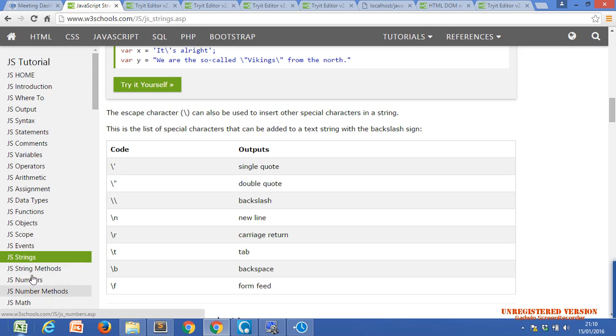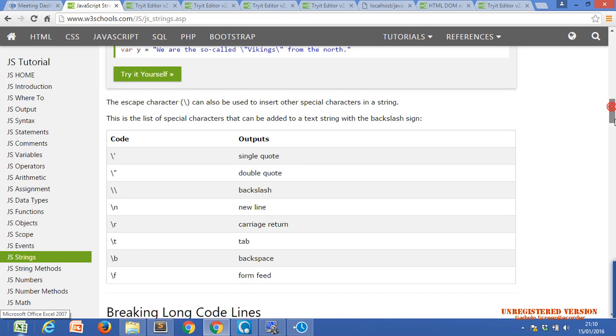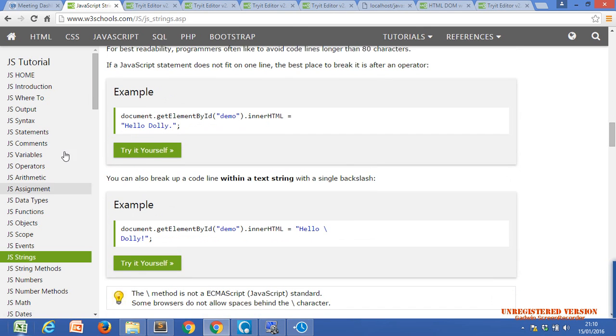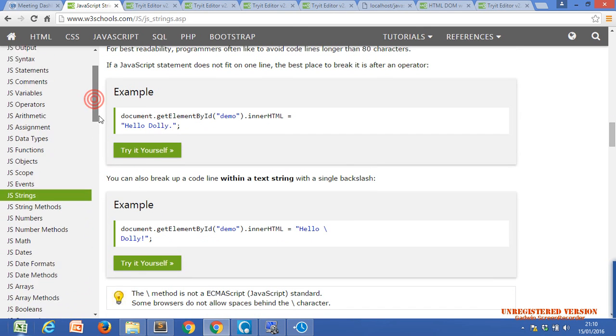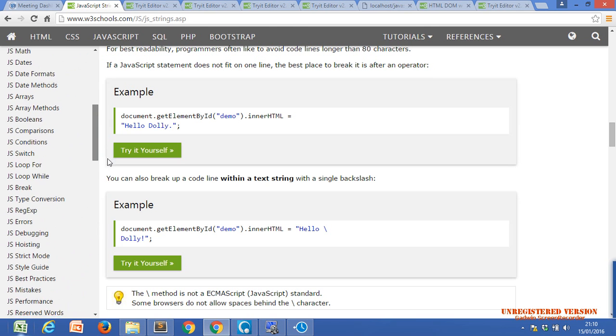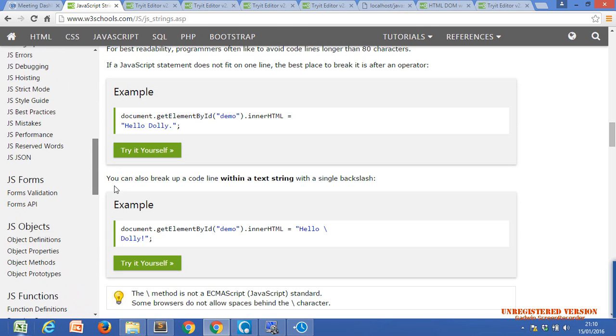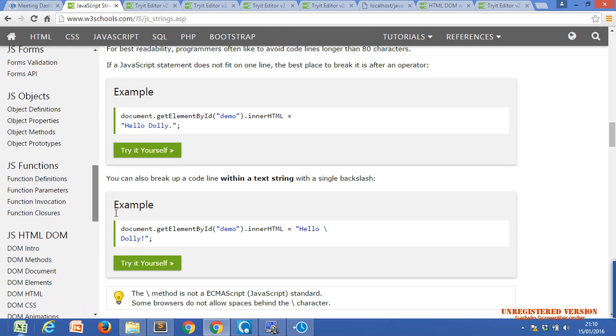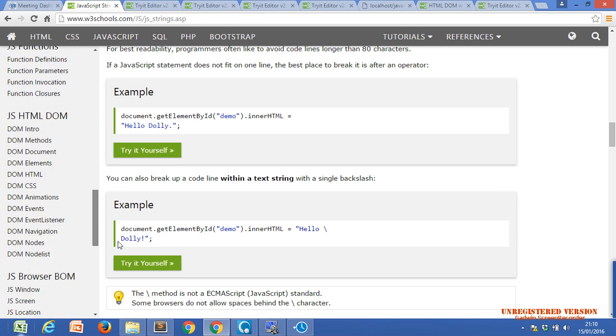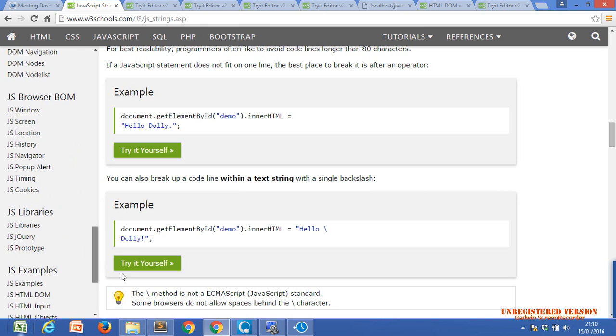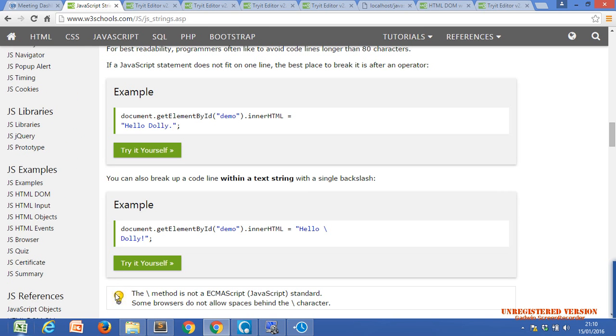We will discuss some string methods and numbers, maybe, and many other things, but we are not going to discuss all of them, Kushi. I will point out the important topics of JavaScript, and I will tell you all the topics in tomorrow's session.